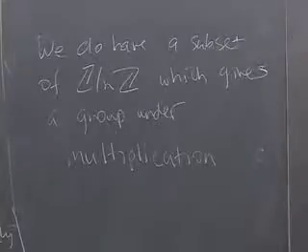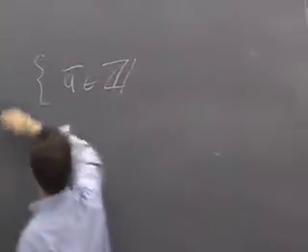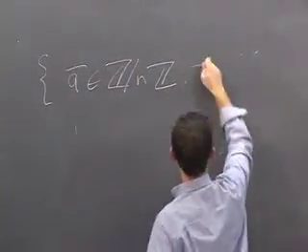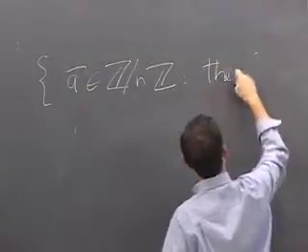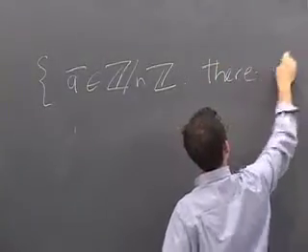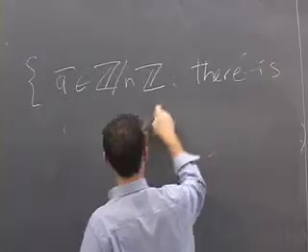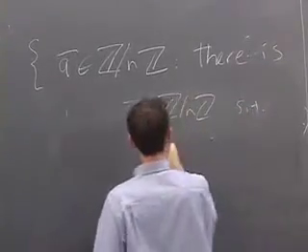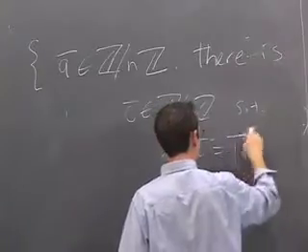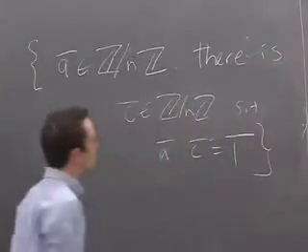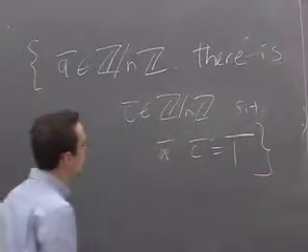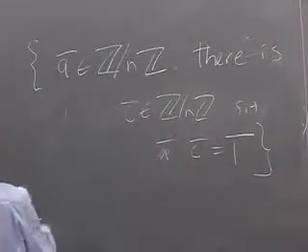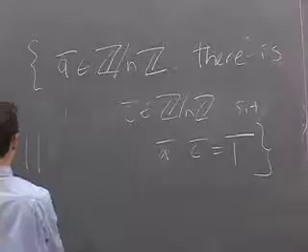So the a bar in Z mod nZ such that there is c bar in Z mod nZ such that a bar times c bar is 1 bar. And the notation for this thing is